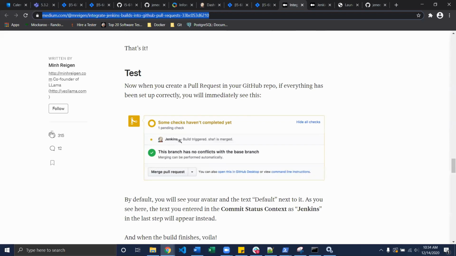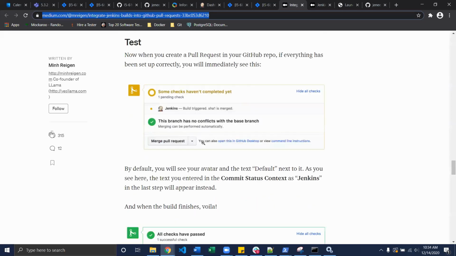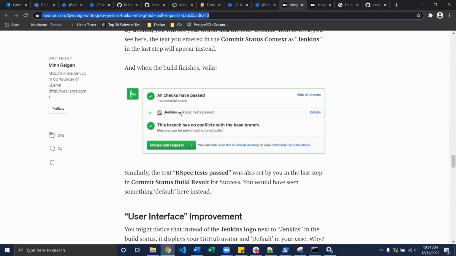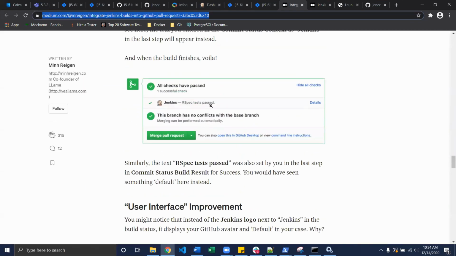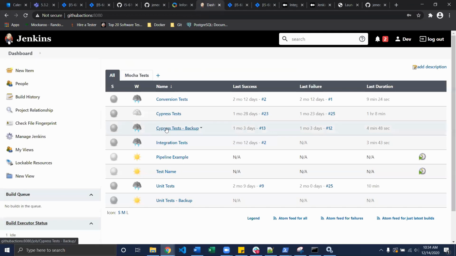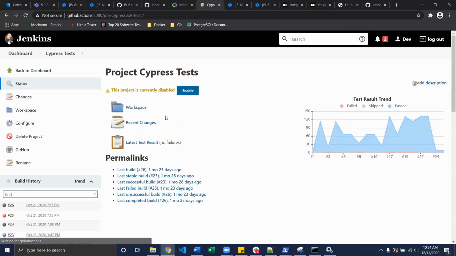You can see here, in this case, it'll give a little message saying from Jenkins that the job is triggered and then tests pass. I have it set up specifically where it reports back which ones passed and failed, but in this example, it just gives a message back saying tests pass or failed. Actually, one thing, where you can configure that, if I go back to Cypress Tests,